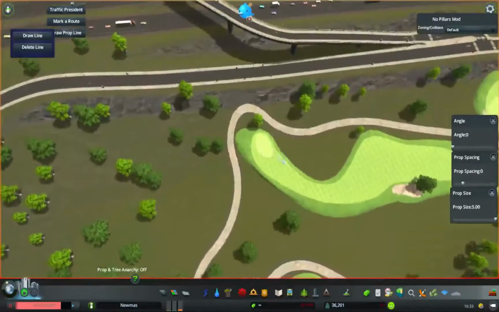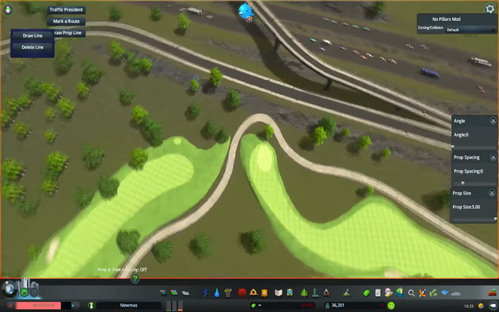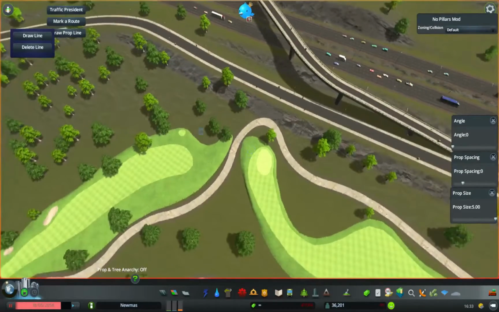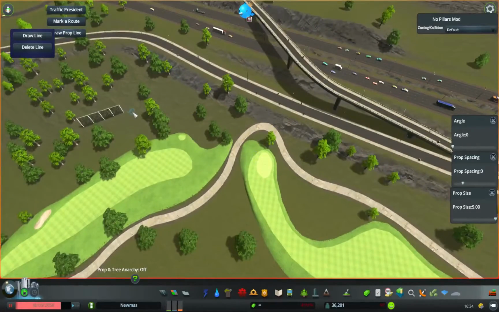So normally I use the line prop tool for this kind of stuff, but because it doesn't have a scaling option, I'm going to use the old prop line or draw prop line tool, which basically allows me to set the size. So I'll start from here, and you'll notice these are quite decent size, which is going to look good for